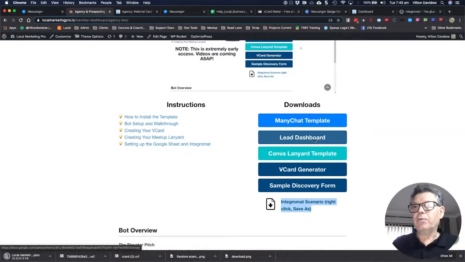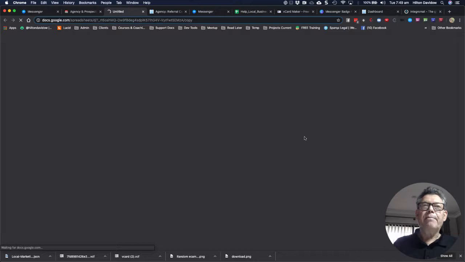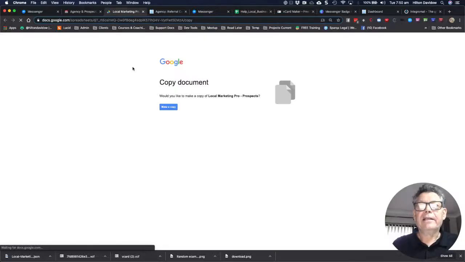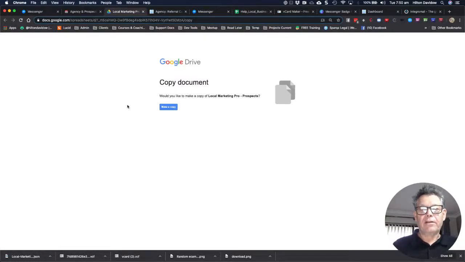And you also want to open up, click on the lead dashboard, and that is going to open up a new tab, and it will automatically ask you to make a copy. So this is so different to the Canva one. In Canva, we don't have that opportunity to instantly ask people to make a copy. So when you make a copy,